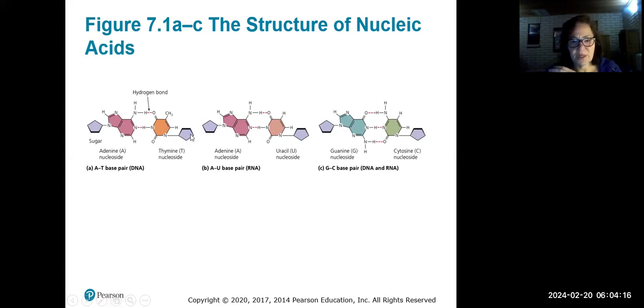I'm trying to see if I can quickly identify. Okay, the big difference between thymine and uracil is right here. There's a methyl group on the thymine and just a hydrogen on the uracil. No big deal, but they're a little bit different from each other. When we go over to G's and C's, it's the same kind of relationship. On one side, one of the nitrogenous bases is a double ring structure, and on the other side, it's a single ring structure.